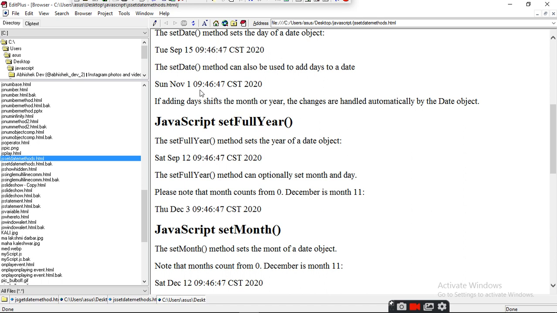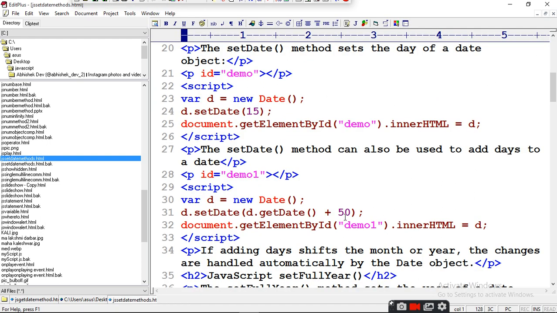Today is 12 according to my computer, and then when it is used to add the 50 days, then it is giving Sunday, November 1. If adding days shifts the month or year, the changes are handled automatically. How? Just change this 50 to 30. Now run it.